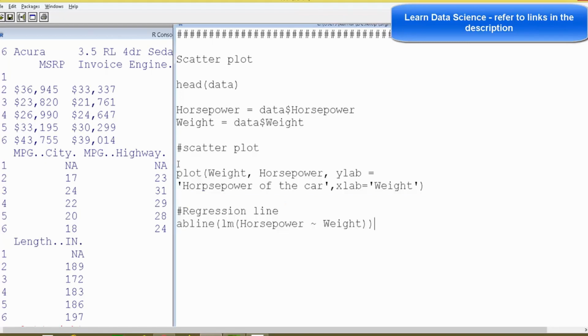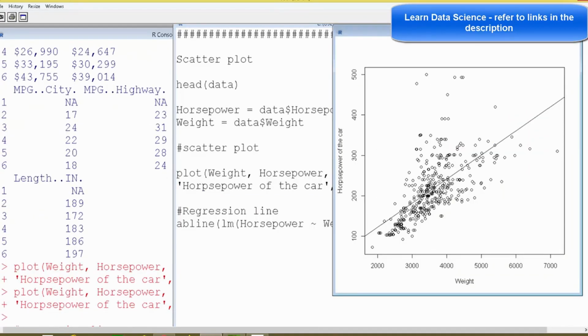Okay, so let's run it now. Now you see the regression line that goes in between these points. Those who are familiar with regression know it is basically a line that fits the data points in such a way that the